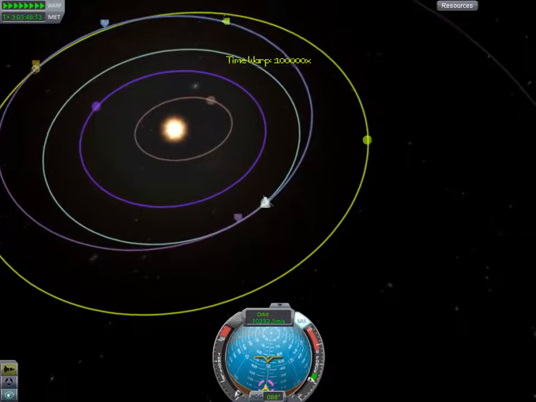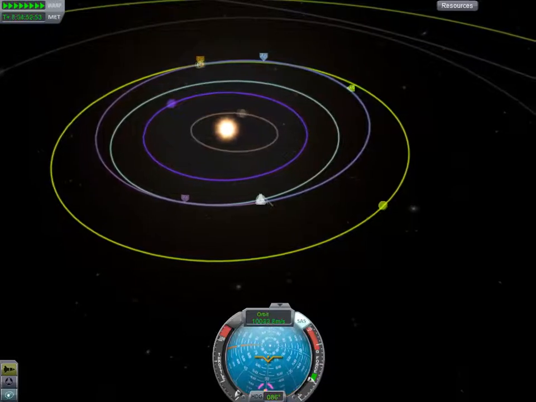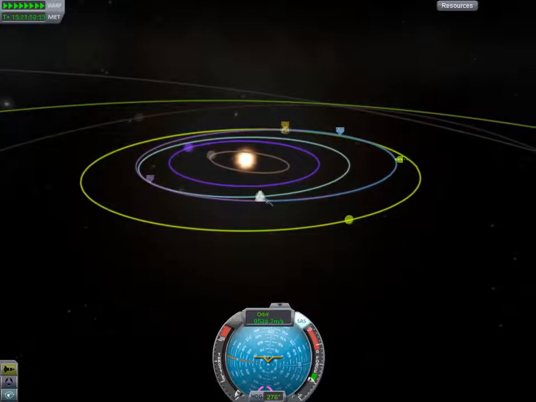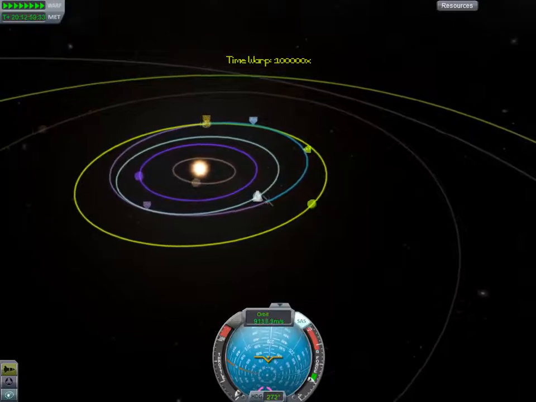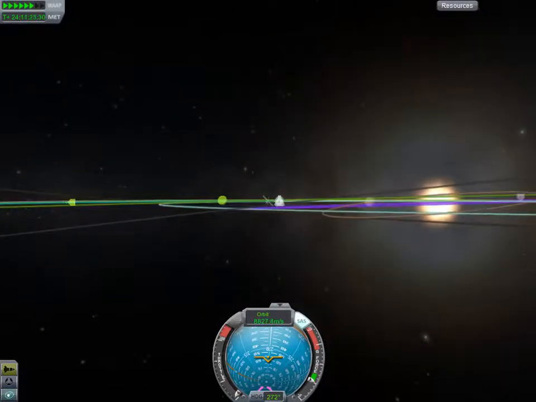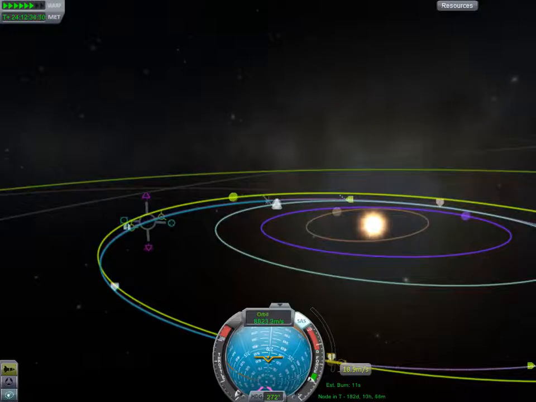There we are. 22, not ideal. We want to drop into a low Duna orbit, some 300,000 shall we say, and one that is aligned with the equator. But I believe that that won't be too much of a problem. The only question is whether we go at 270 or 90, which is, I suppose, will be determined by